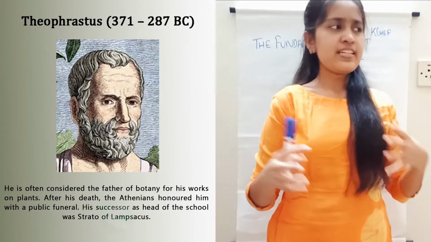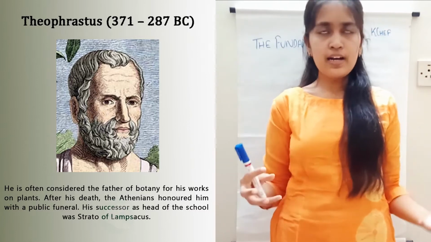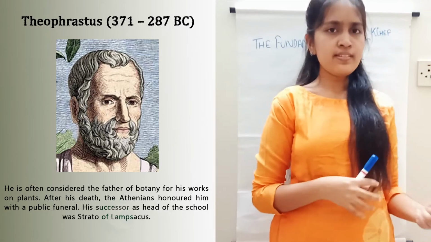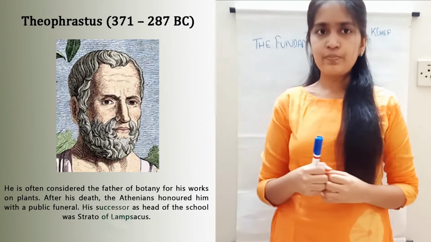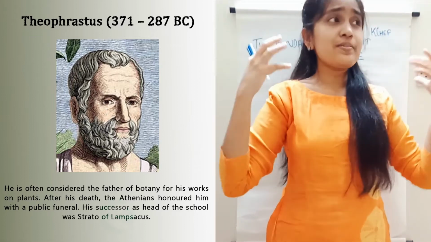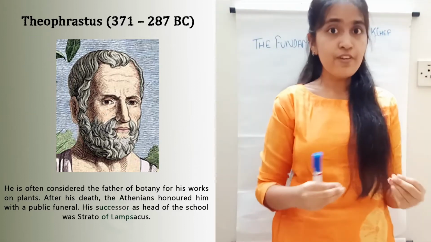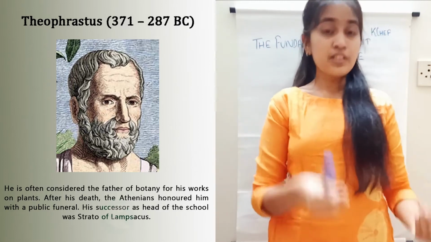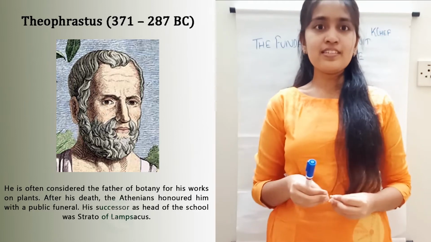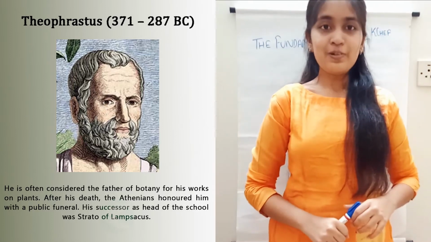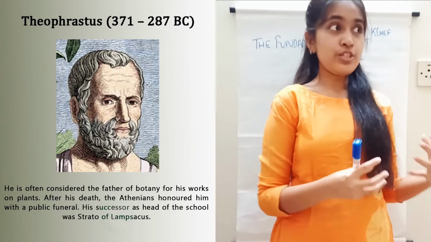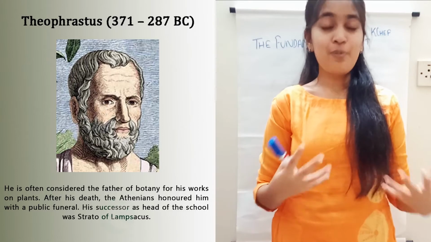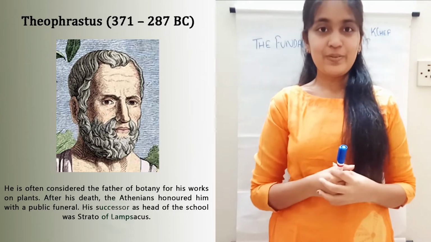So, Theophrastus had done a lot of study about plants and finally he wrote 2 books on plants, which is the history of plants and on the causes of plants. So, these books had so much immense knowledge that it became very difficult for scientists to find any new discovery for the next 1800 years. Everything that they discovered was there in the book. Okay? Alright. And he was the one who introduced agriculture to botany. And that's why he is known as the father of botany and father of plant biology.